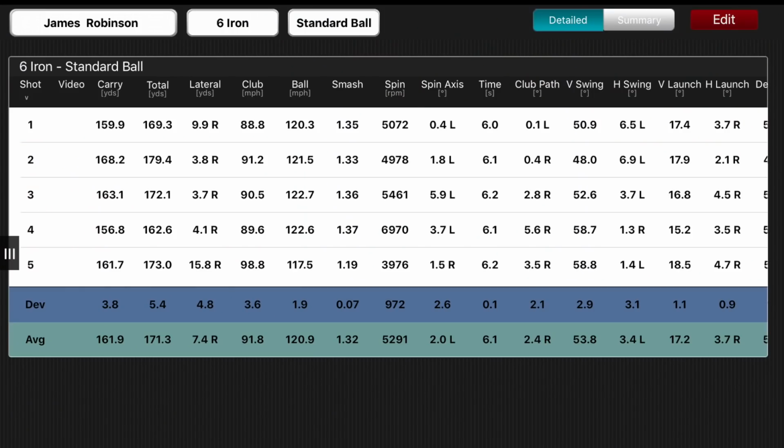So as you can probably tell there, the worst swing in the bunch was swing number 4. And interestingly, the spin rate goes up massively when I make the poorer swing. Those spin rates are very, very low, and I'm almost struggling to understand that. But distance-wise, 171 total. I was expecting